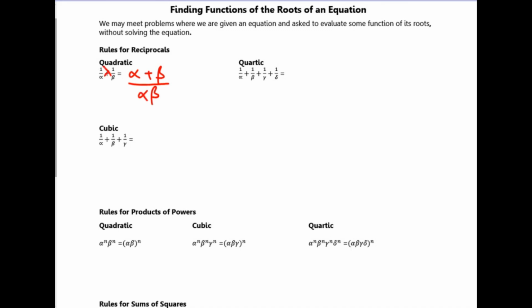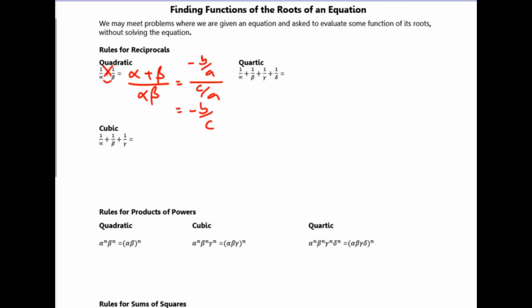So I'm going to cross multiply and multiply the denominators to get alpha plus beta over alpha beta. Now the top of this fraction is the sum of the roots, which we know is equal to minus b over a. The bottom of this fraction is the product pairs, which is equal to c over a. And if you times the top and bottom through by a, you'll get minus b over c. It's not essential that you learn this result, but you need to know how to do it yourself by combining